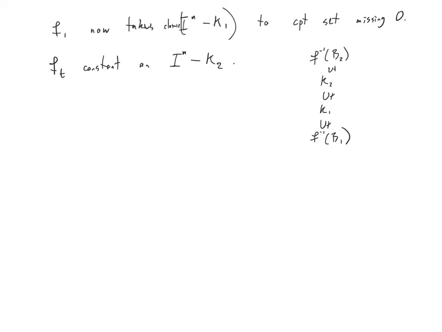Yeah, so let's write this as this. F1 or Ft of I^n minus K2 is disjoint from B1, so the intersection with B1 is the empty set,